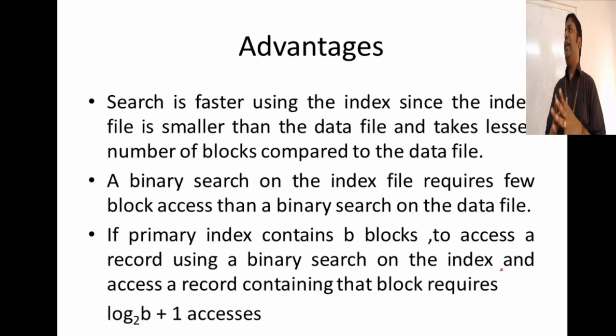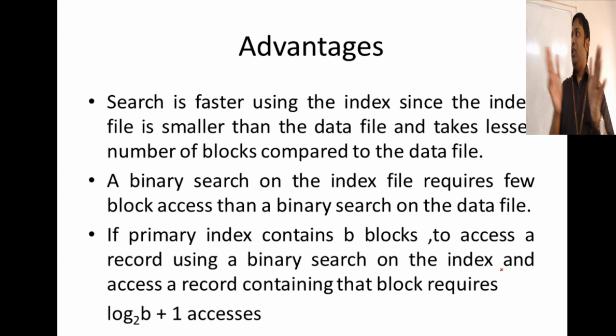So what are the advantages when I use an index for searching? See, the data file is very large. It's 100 bytes, whereas an index file is only 15 bytes for each record. So you can very well search faster on the index file. And one more thing, a binary search on the index file requires fewer block accesses than a binary search on